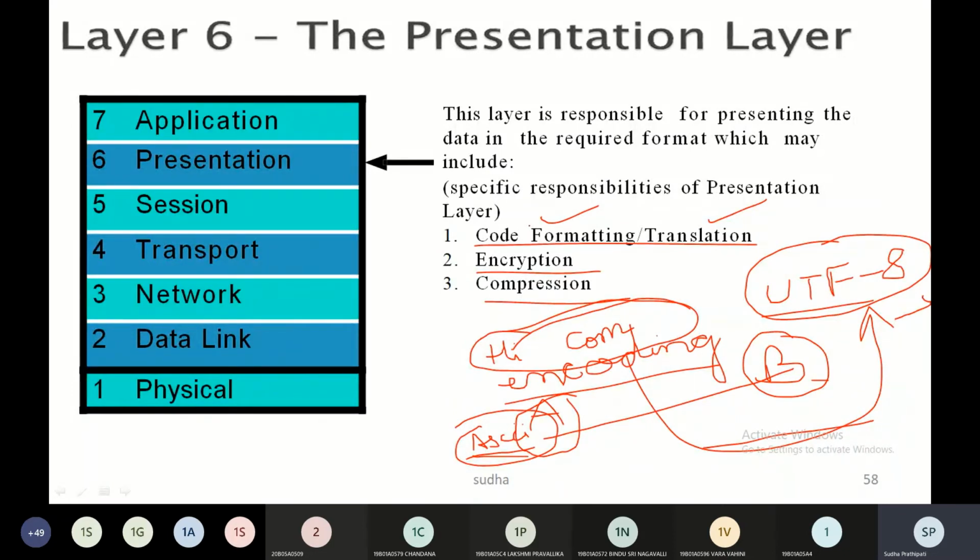Because different computers use different encoding systems, the presentation layer is responsible for converting it into the common encoding scheme. If they are using different encoding schemes, then interoperability between the systems will not be established. So the presentation layer changes the information from the sender dependent format into a common format, and the presentation layer at the receiving machine changes the common format into the receiver dependent format. That is one of the responsibilities of the presentation layer. Is it clear what is translation, everyone?